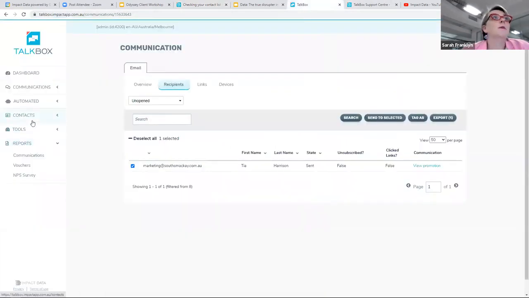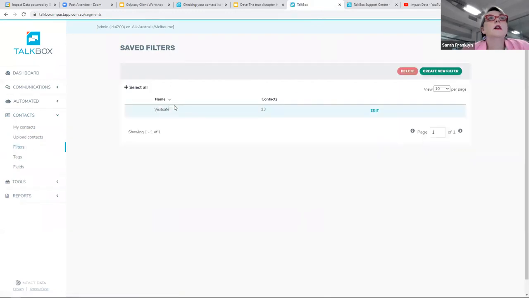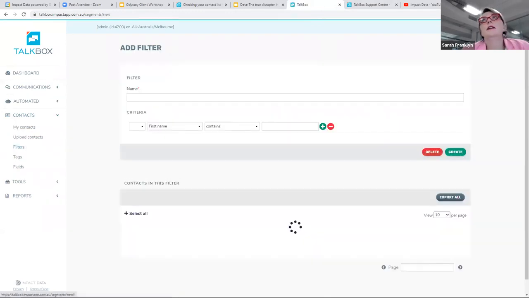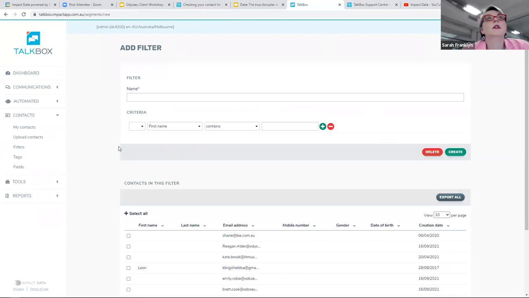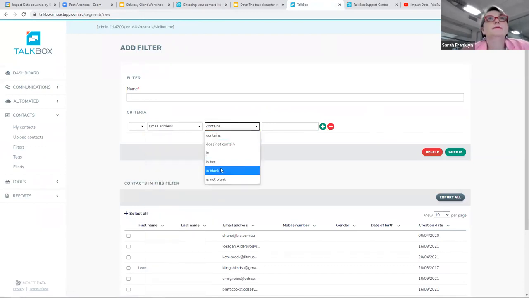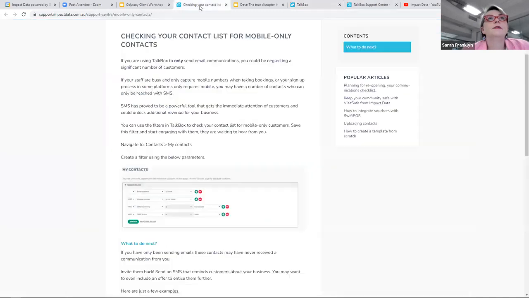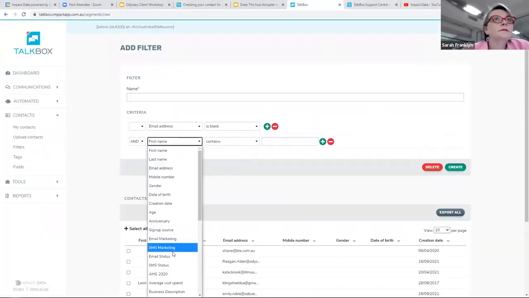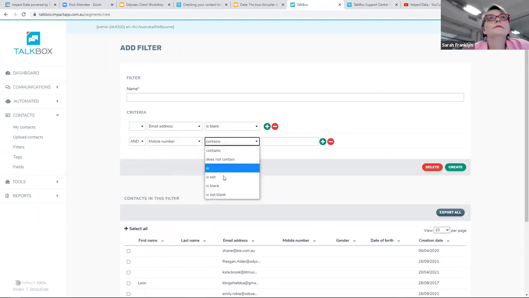So I'm going back to filters, and I'm going to create a new filter, and we're still in my account here. Email address is blank is the first field, and mobile number is not blank. Not blank, right?